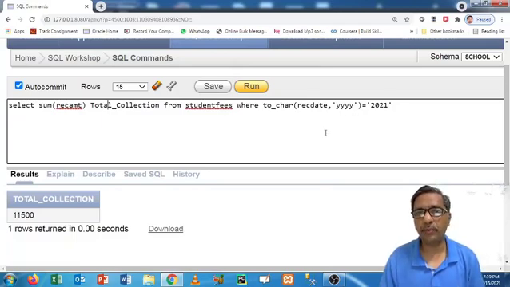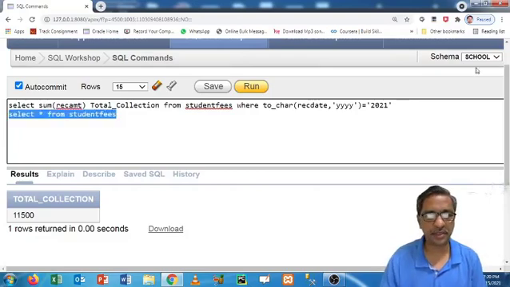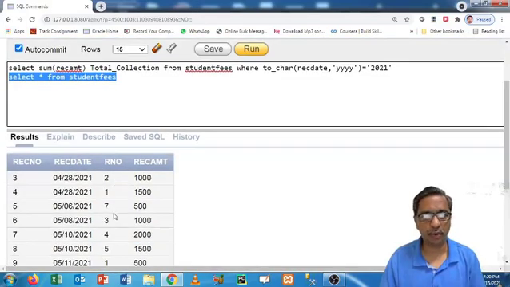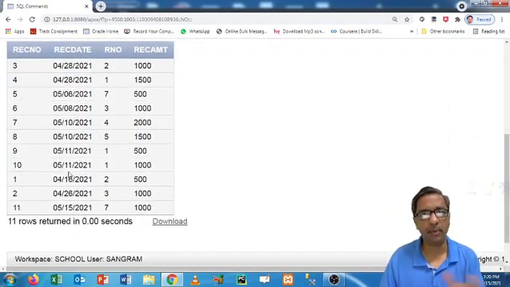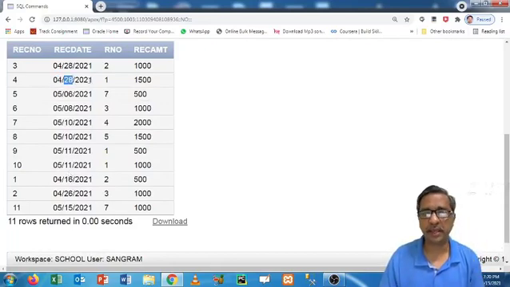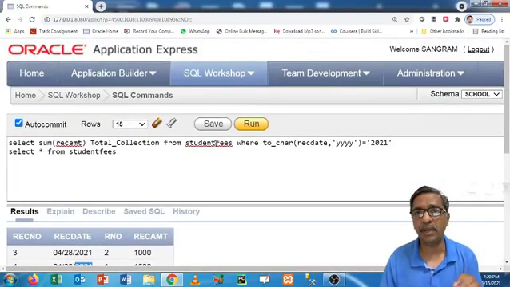Now I want year and month. If I check here, select star from student fees, it will give you all the data. Right now I have inserted data only for April and May of 2021. So first is month, then date and then year. I want the total collection of month April